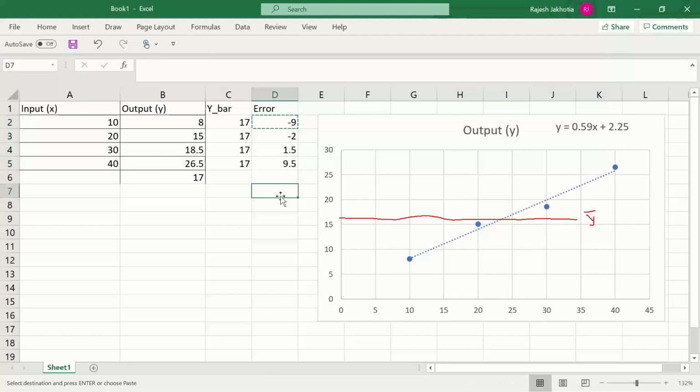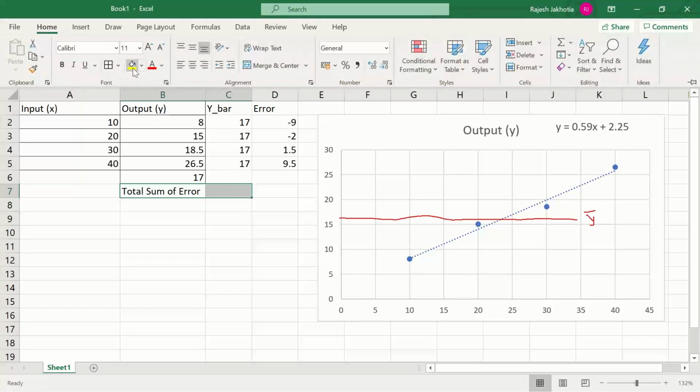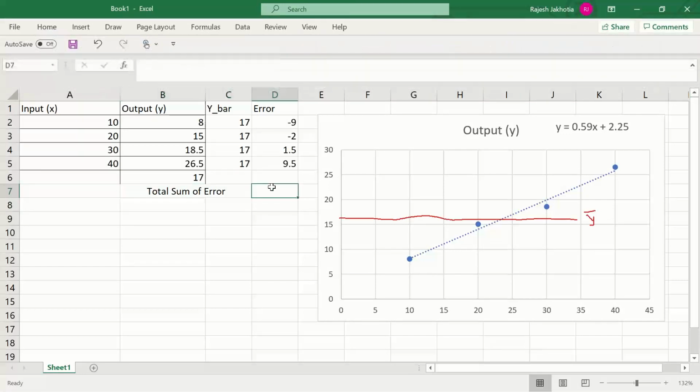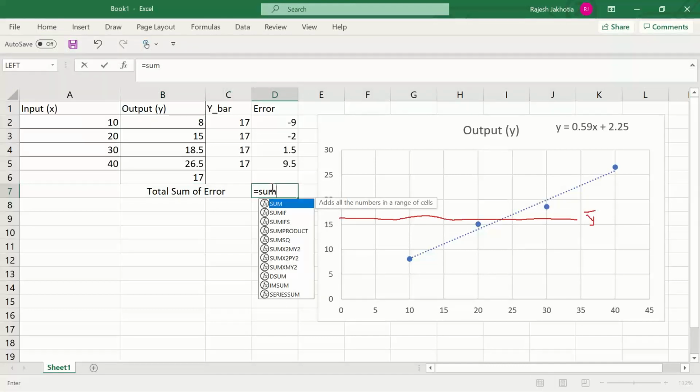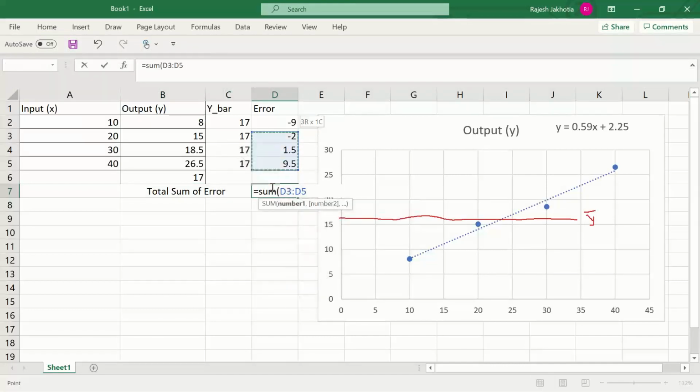If I define line of best fit as the one which minimizes the total sum of error, what is my total sum of error in this case? My total sum of error in this case is 0.